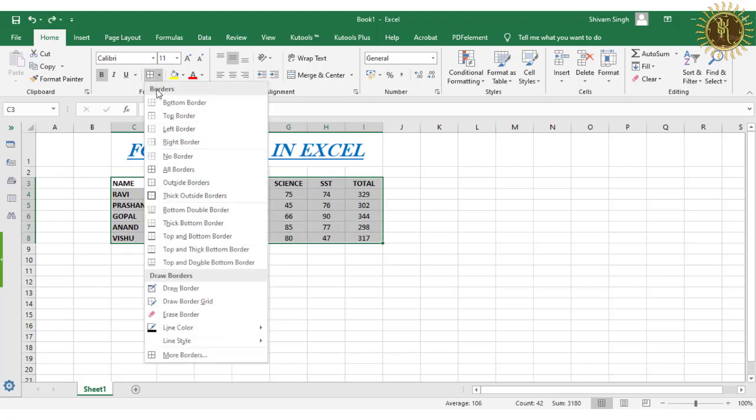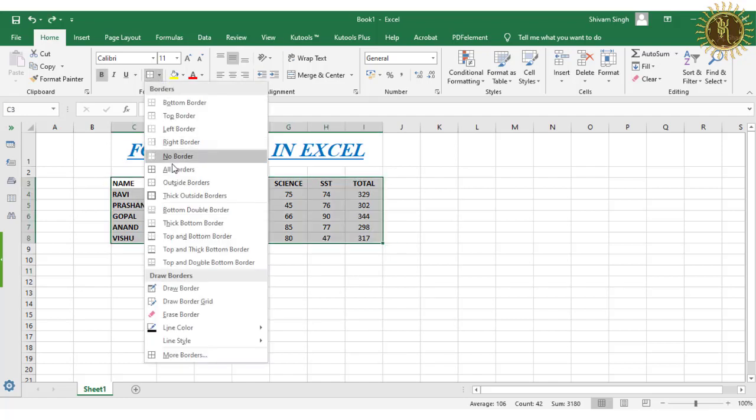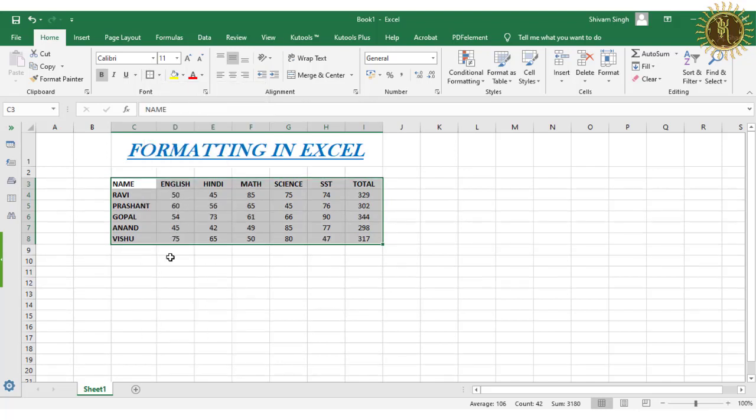Outside borders. Okay, so you can see here, outside of this table only a single border is there. Okay, then the next is thick outside border. So one thick outside border will be applied here.